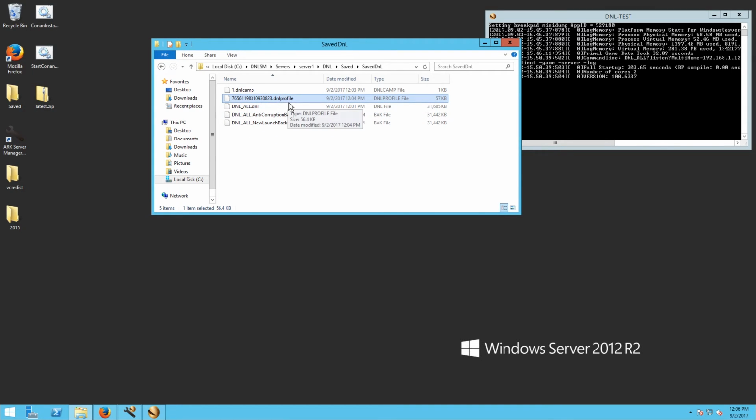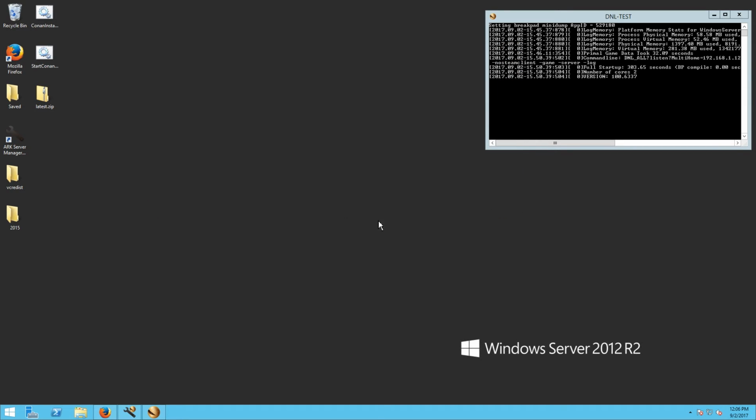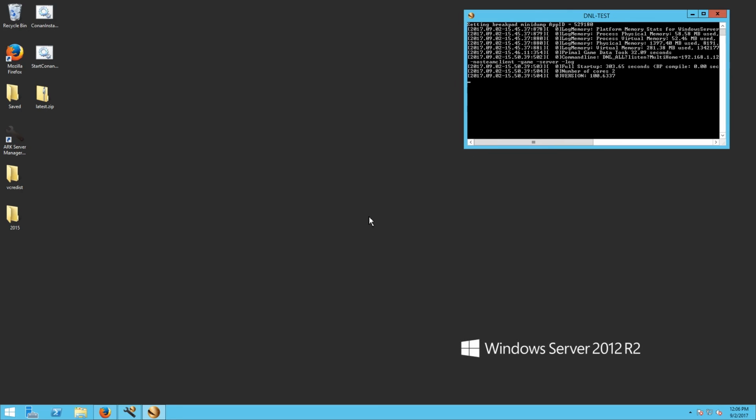The DNL profile would be my Steam 64 ID. So in our reality, just about everything about this is set up like Arc. So that's really cool. If you have any experience with setting up an Arc server and with Arc Server Manager, then you should be able to use the DNL Server Manager to set up a server without much